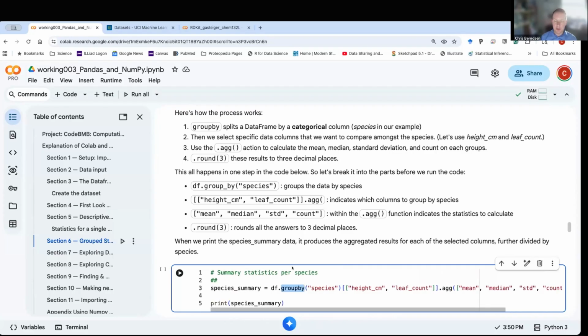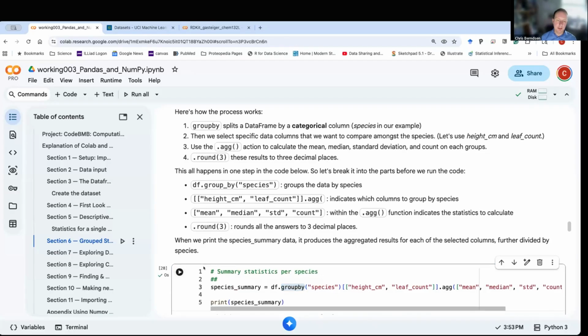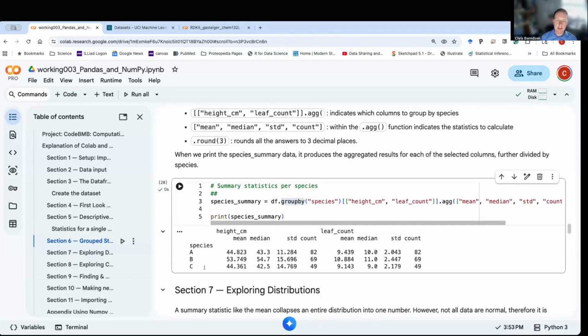So in one line of code, I'm going to go through 200 rows of data, create 3 groups, species A, B, and C. I'm going to look at the height and the leaf count and compare the statistics on those 2 columns rounded to 3 decimal places. I'm going to run that, and I get this nice looking data frame that has the mean, median, standard deviation, and count for height in centimeters, and the mean, median, standard deviation, and count for leaf count, and the rows